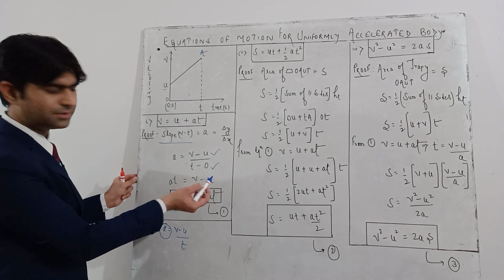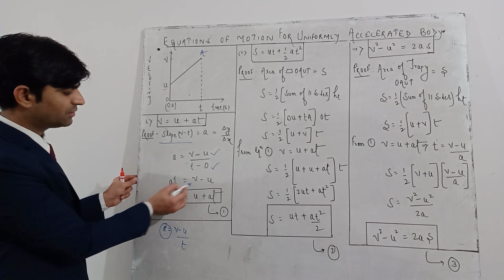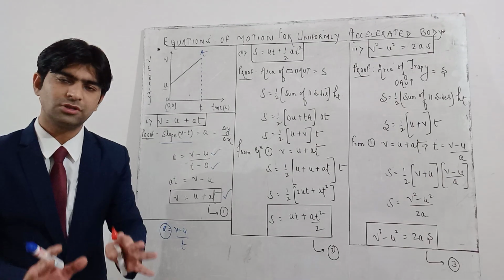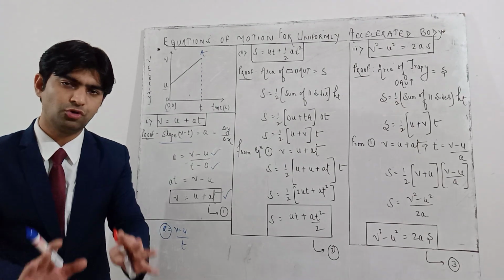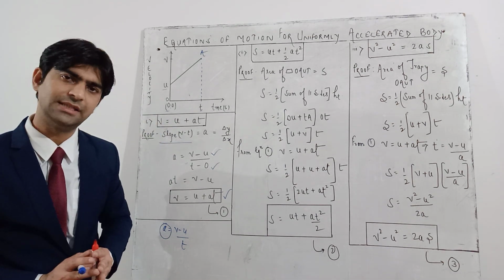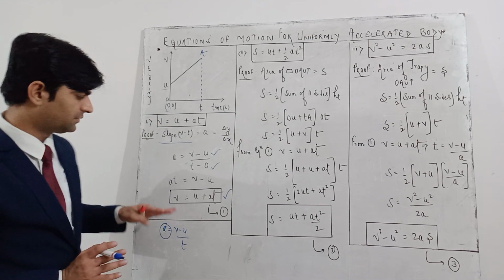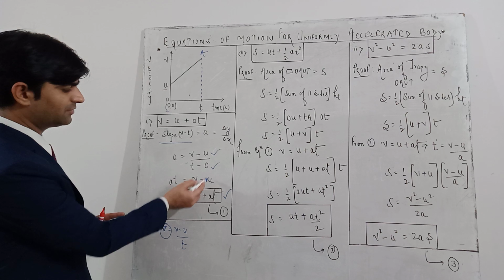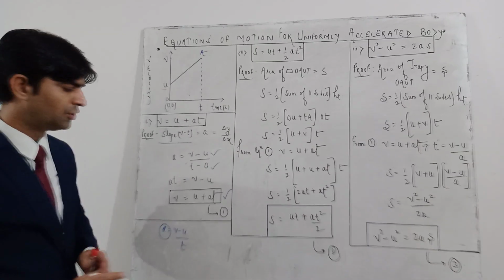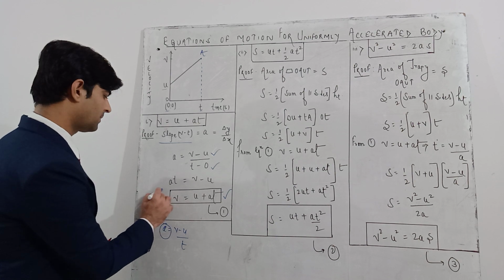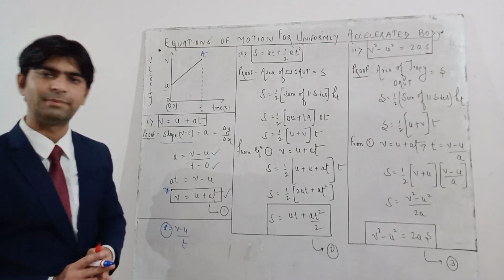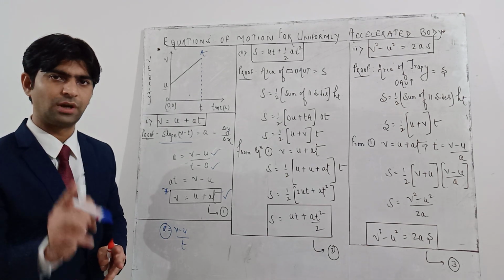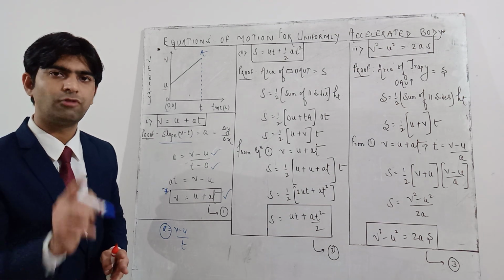Now T minus 0 is T, so you will cross multiply here and you will get AT is equal to V minus U, or V is equal to U plus AT. So the basic concept for the first equation is that you have to find the slope of this velocity time graph. This is the first equation, V is equal to U plus AT. You shift U to this side, so it becomes positive, and you get V is equal to U plus AT. This is the very first and very important equation of kinematics. Again and again I am repeating, these equations are valid only for a body having uniform acceleration.